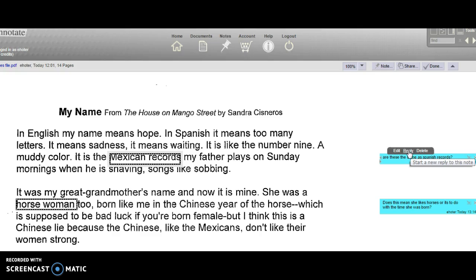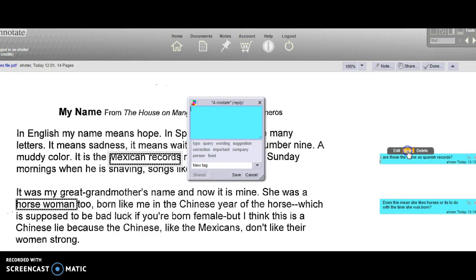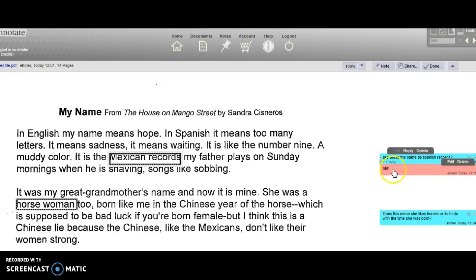So if I want to reply, I click on Reply. I use my color, so let's say this person has this color, and then I write my answer to the question about Spanish and Mexican or whatever, and when I finish writing my answer, I do save. So my answer goes underneath this one. So I've got a question and I have an answer, and these are immediately saved. You don't have to save the page or something like that. Okay, so this is how you work on this